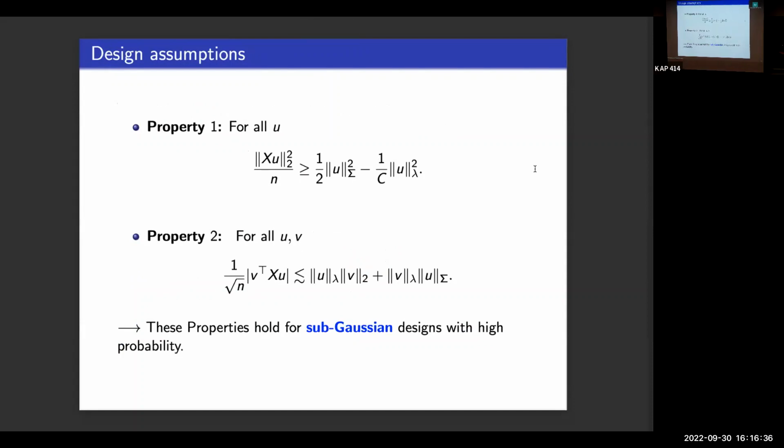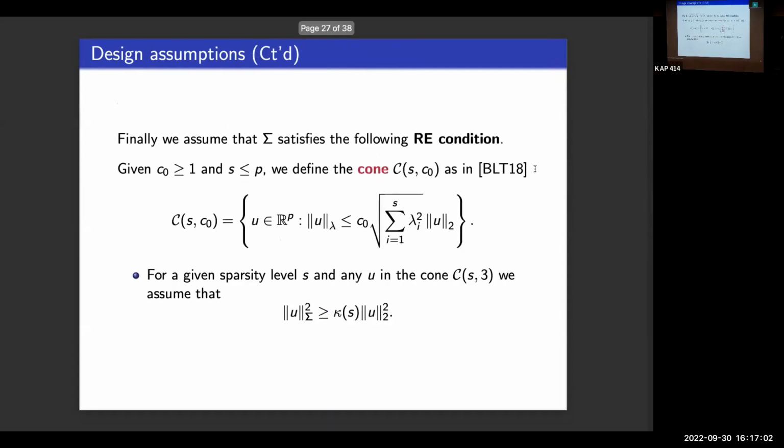These are the properties I feel I need to show you the results for. These are the only properties we need for our design, and that's exactly why we needed a sub-Gaussian design. These are results you can show using empirical process theory. They require a little bit of work, but those are the main results we need. If you can grant these 2 properties, then we don't need a sub-Gaussian design anymore. The only reason we need sub-Gaussian is because we know these 2 properties will hold with high probability.